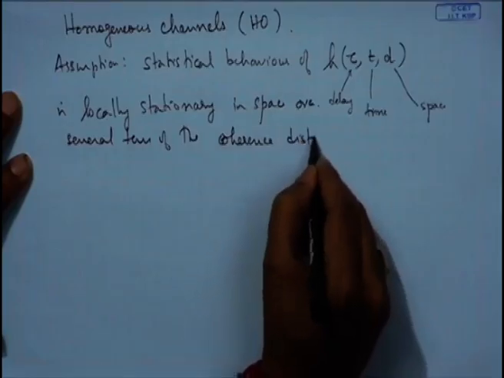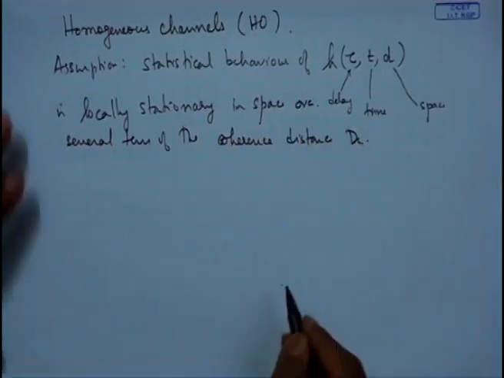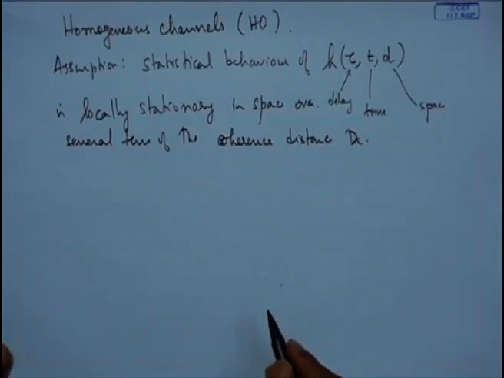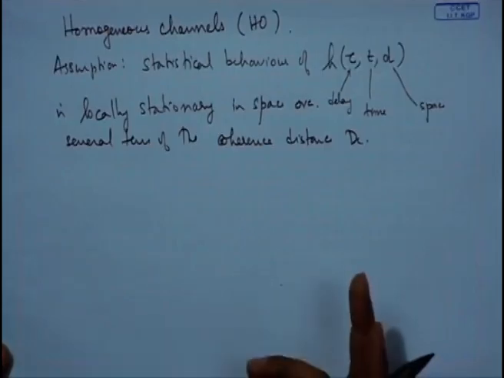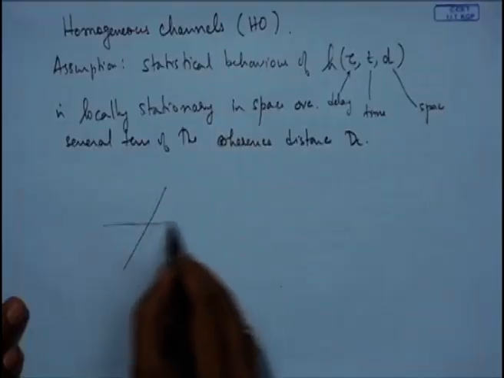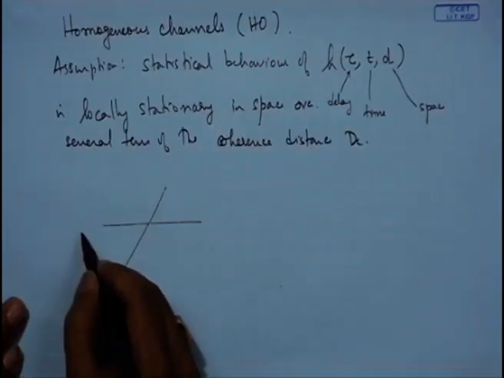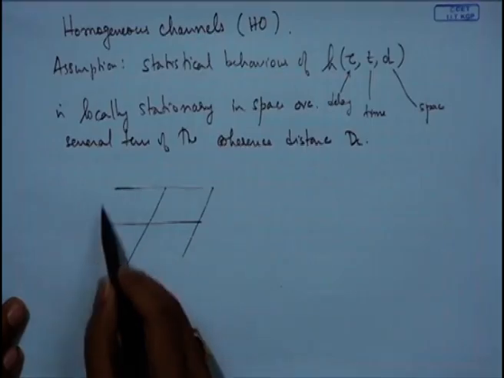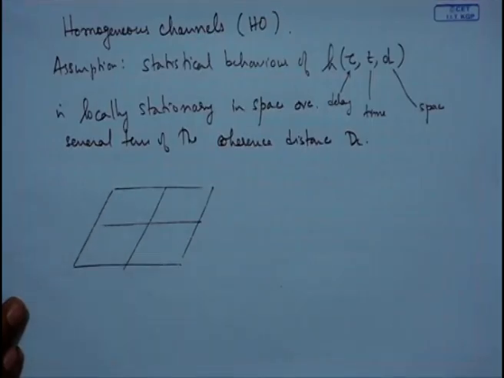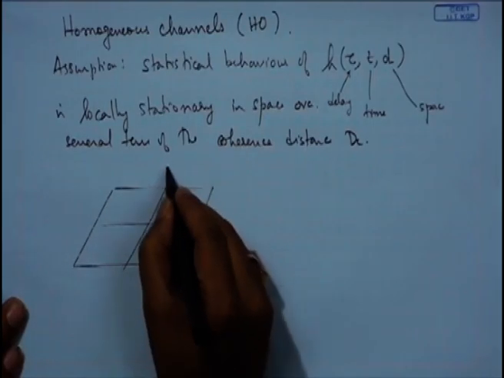the coherence distance dc. Previously we have said that the coherence distance is inversely proportional to the angular spread, and now what we are talking about is the homogeneous channel, which says that over a certain region which is several tens of coherence distance. Distance is of course the x axis or the y axis, so it is the space. So, several tens of coherence distance, in this what we have is the homogeneous channel, which is described in